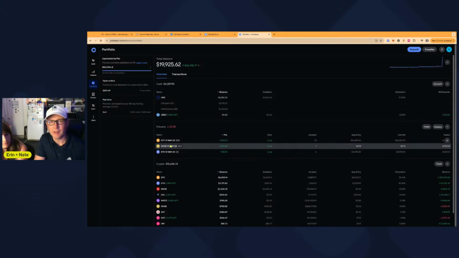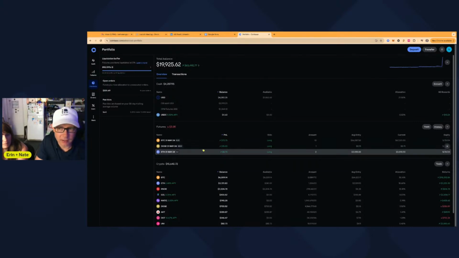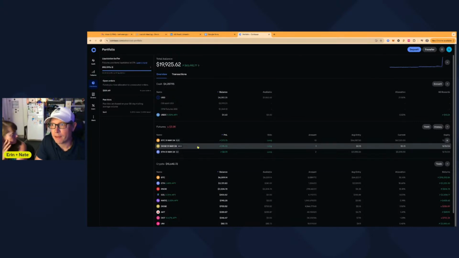I set the stops honestly only a couple percent below where it was trading at the time, and so I got stopped out quite easily, which is okay. It means you lose a little bit of money, but I'm still in profit, bottom line, by quite a bit. I think I lost like $40, but we were like $200 in profit. So what I did today is I put another like $2,500 into that account.